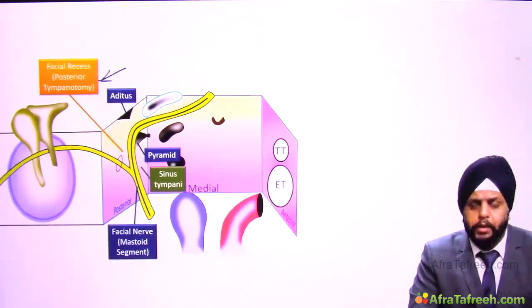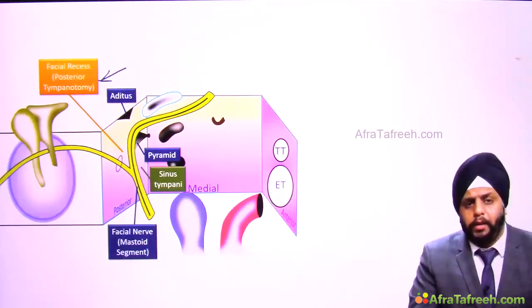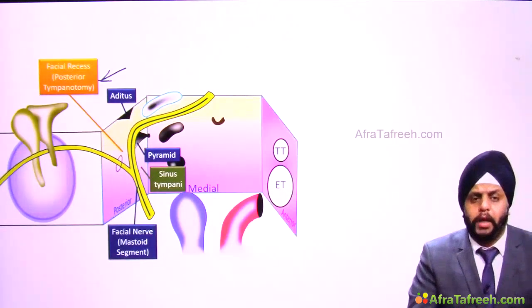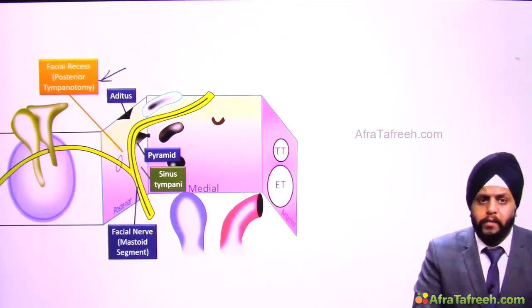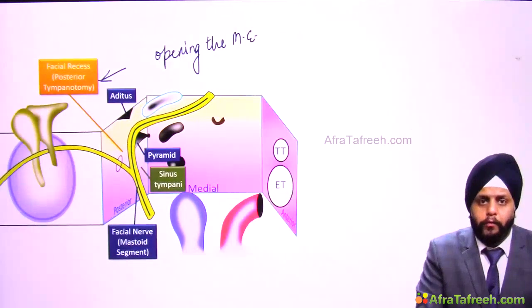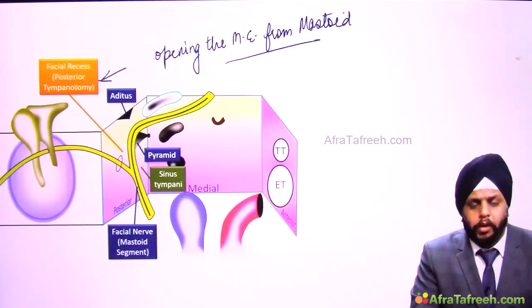Tympanotomy means opening the middle ear. Posterior means behind. So you are opening the middle ear from behind the middle ear. Now what is behind the middle ear? Behind the middle ear is mastoid. That means you are opening the middle ear from mastoid. Okay, so if you go from mastoid process into middle ear, that's known as posterior tympanotomy, and you